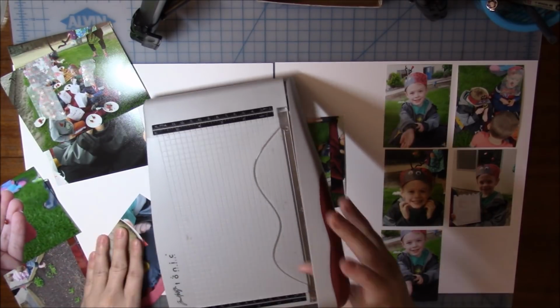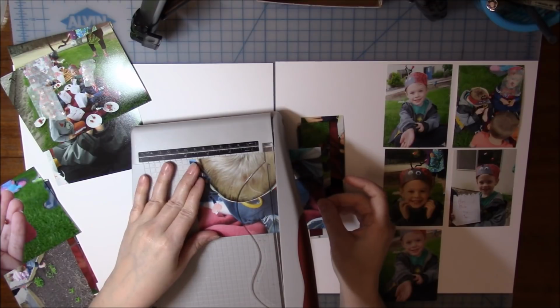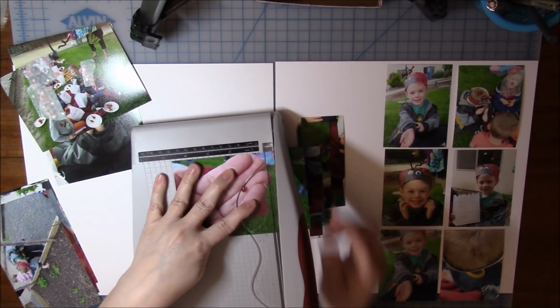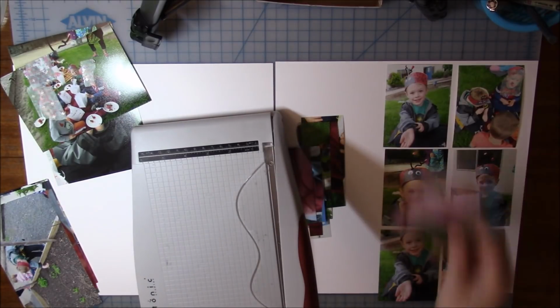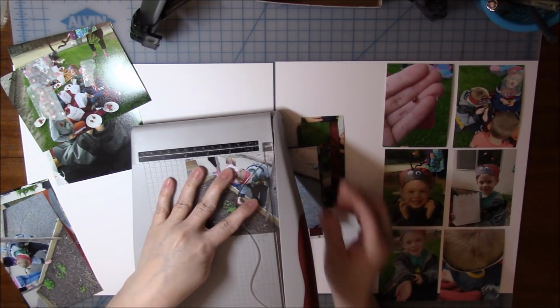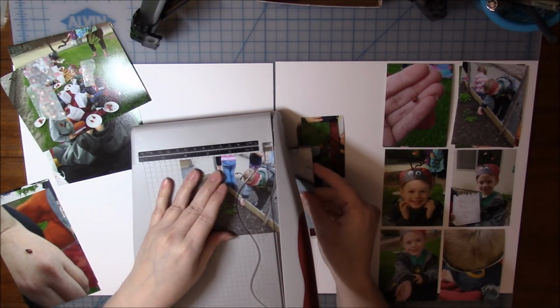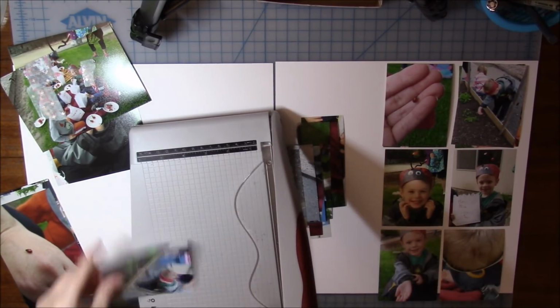So these photos go really well with this collection. This is a doodle bug collection that I am using, and it's pretty old. I believe it's called Spring Garden. And bear with me here. Again, I did this layout way back in February, so I don't remember the process of how I did everything, but